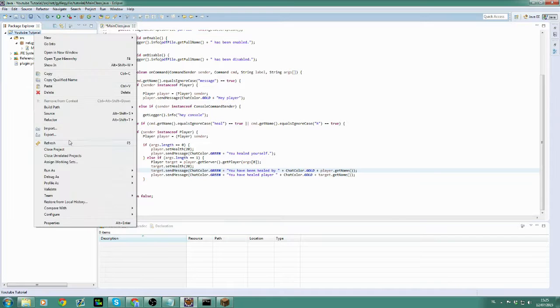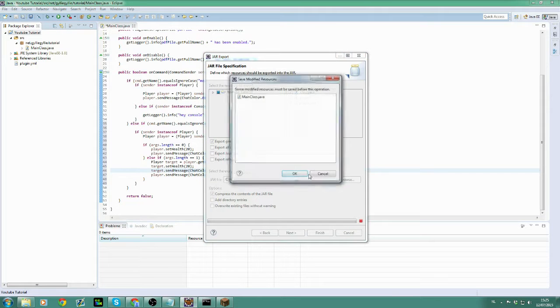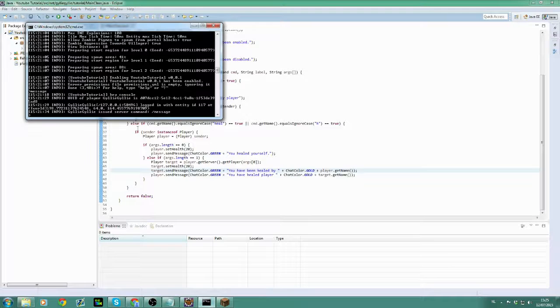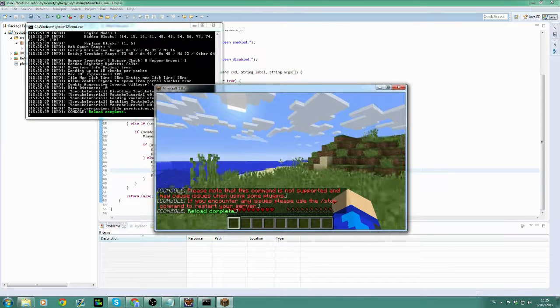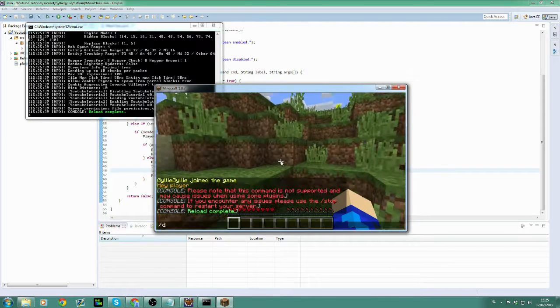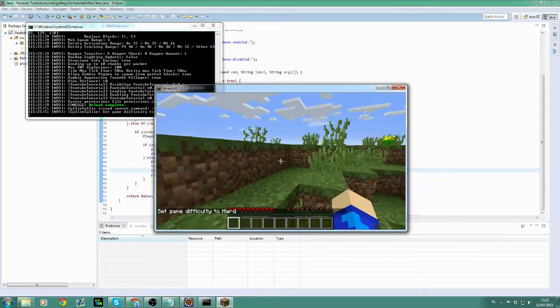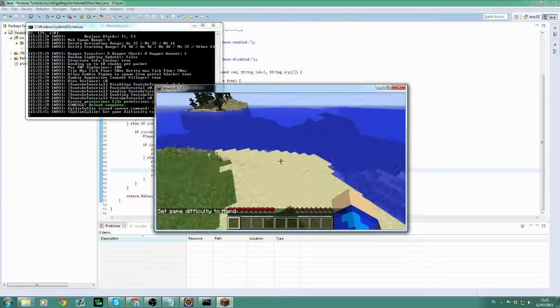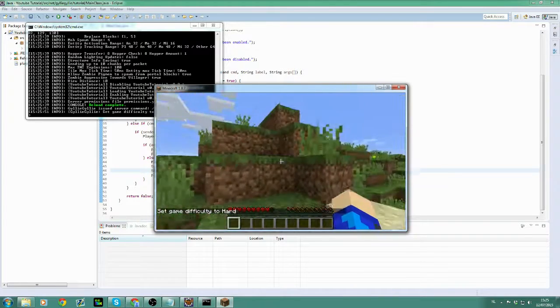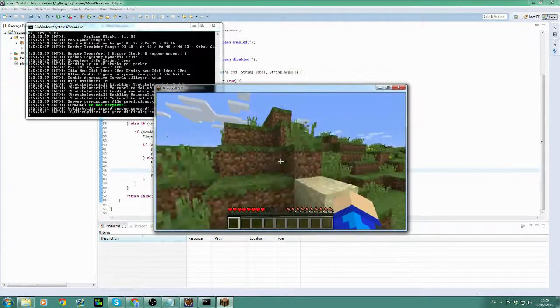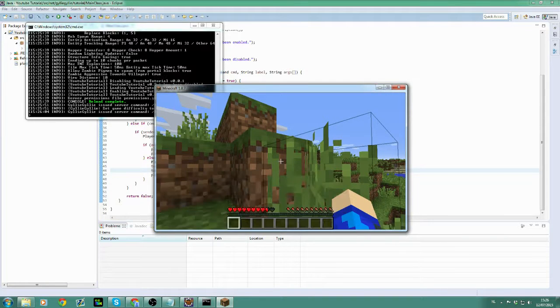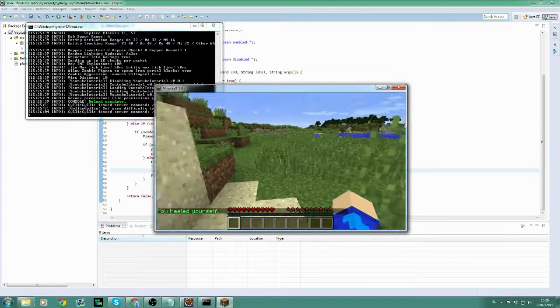So if we export this, finish. Okay, yes, I override it. Do reload in the command. You can see it loaded again. So if we now try to get some damage, let's see, difficulty hard, so we can take damage easily. Let's just jump down, take some fall damage. There we go. Let's take some more fall damage. There we go. And if you do /heal now, you'll see you healed yourself